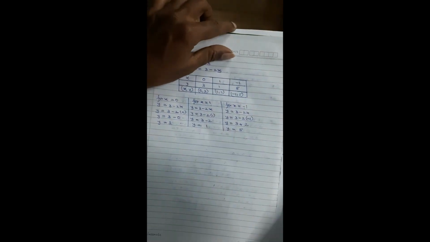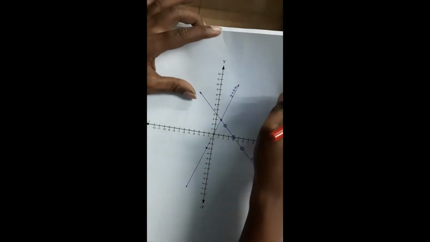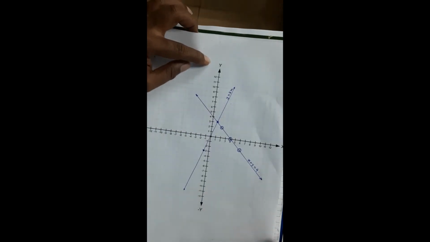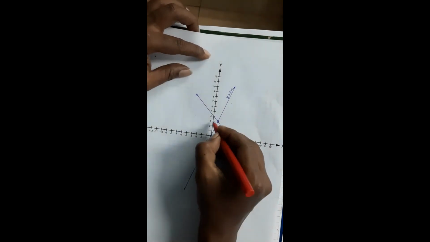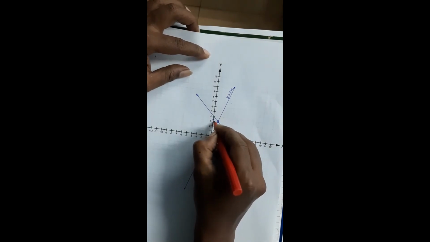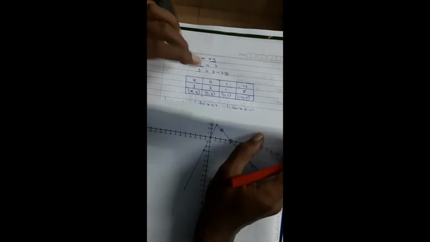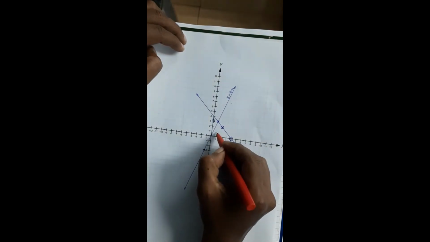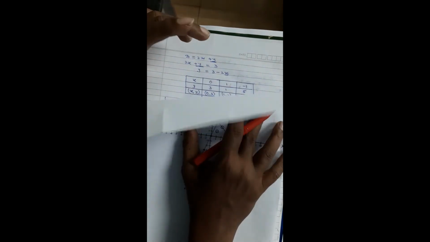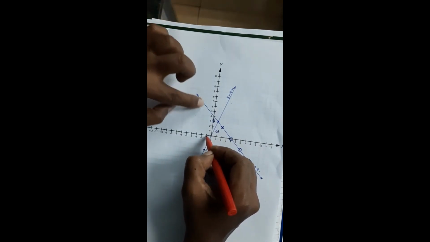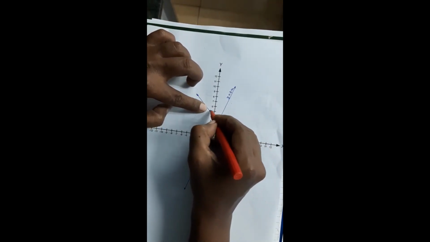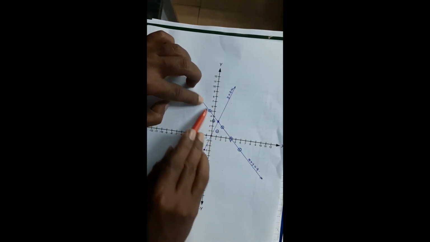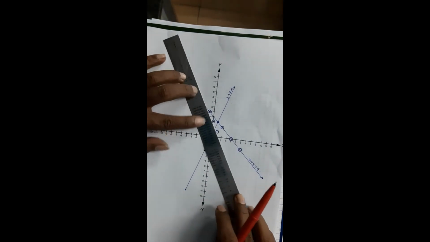Now you have to plot this on the graph. So what do I get over here? First is 0 comma 3. 0 comma 3 means it is lying on the y axis at 3. 1 comma 1 means first quadrant, 1 comma 1. Next is what? Minus 1 comma 5. This will be going over here straight. See, even now the 3 points are in a straight line. So this is going to be my graph.